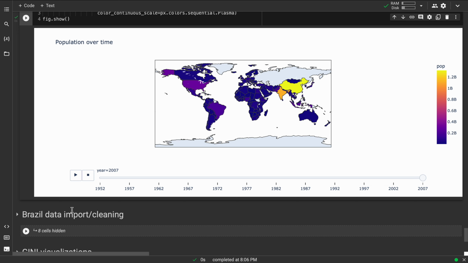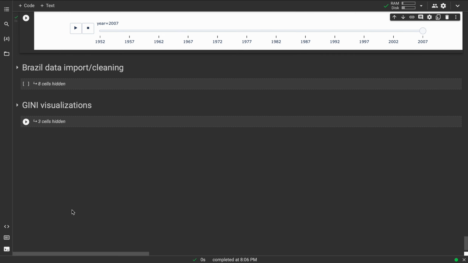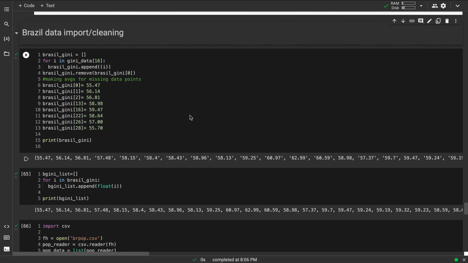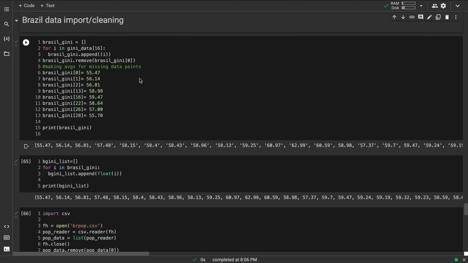So having already analyzed the data from around the world, we wanted to focus specifically on Brazil, which had the most data points available for us. However, there were a couple missing data points. So for this,